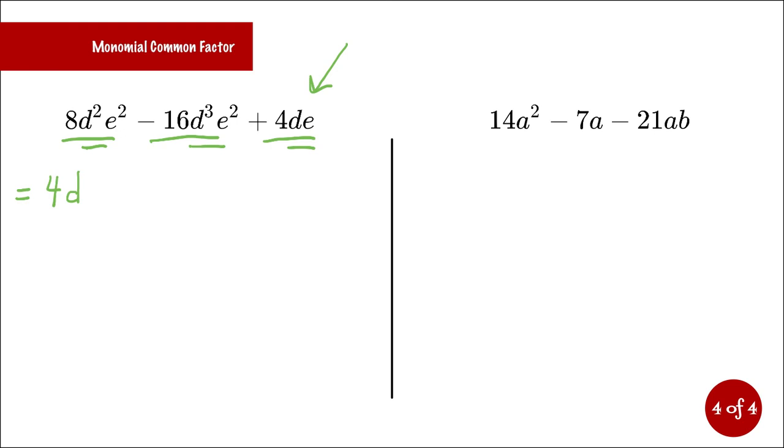And then again, in my last term, I've only got one e, so that is now the largest value of e that's common to all three. Students sometimes mistake that when they see an e squared, that's the largest common factor. But because you've only got one e on the end, e is the greatest common factor. Every line in math must equal the same as the line above it, so I'm going to divide out, and I'm left with